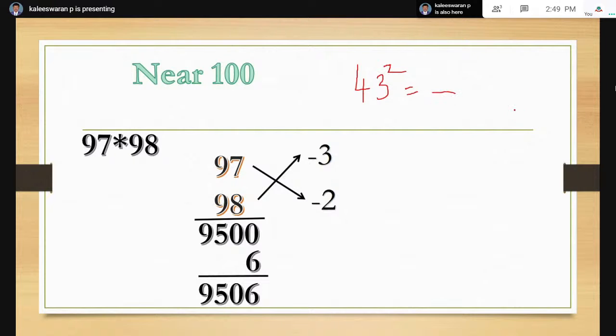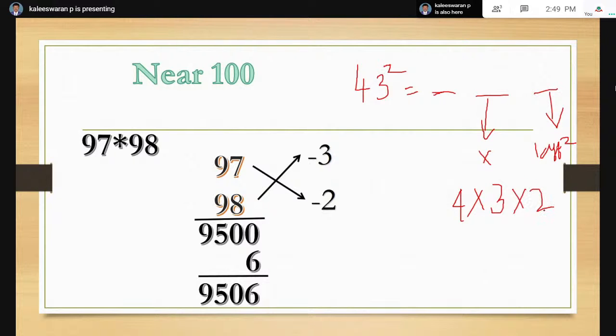Okay, here we need to follow 3 steps. The first step is last digit square. And the second step is you multiply all the numbers, which means 43 square means 4 into 3 into the